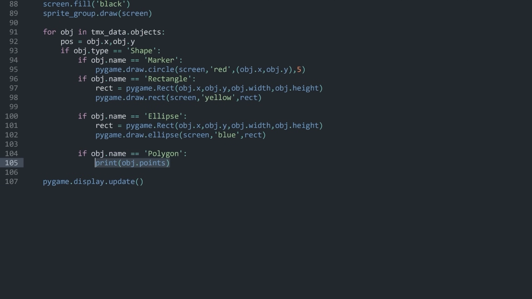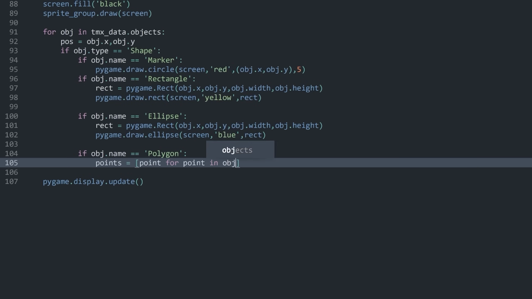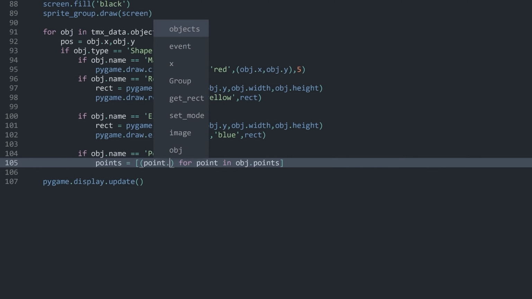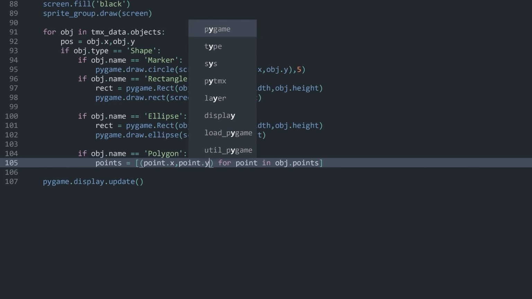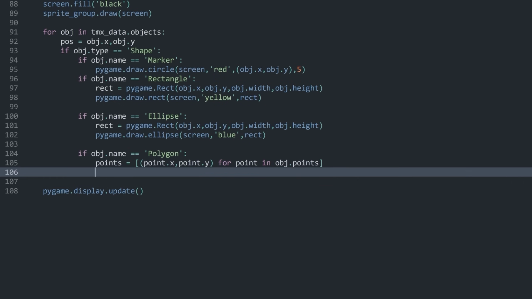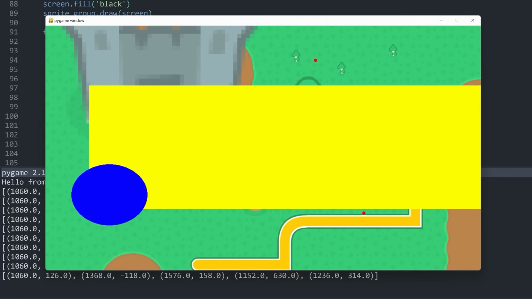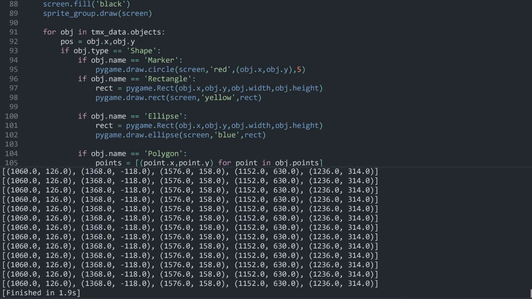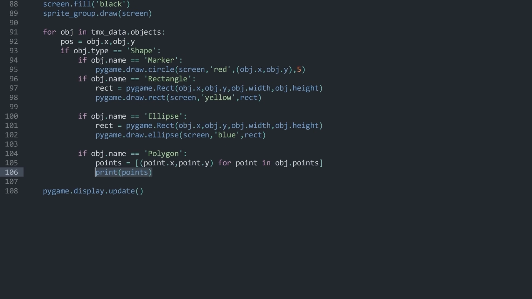And for that, let me get rid of all of this. I want to create a points variable. And I'm going to use list comprehension to extract all of the points. And for now, I want point for point in obj.points. And I don't want the point itself. Instead, I want to have a tuple that contains point.x and point.y. And if I print these points now and run all of this, I get a list full of tuples with the X and the Y position. And this I can use for